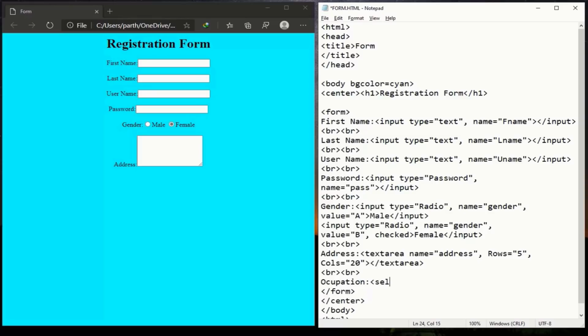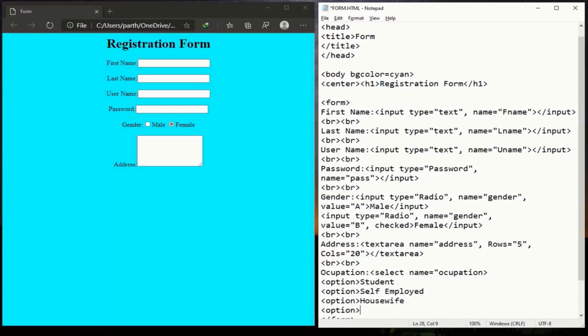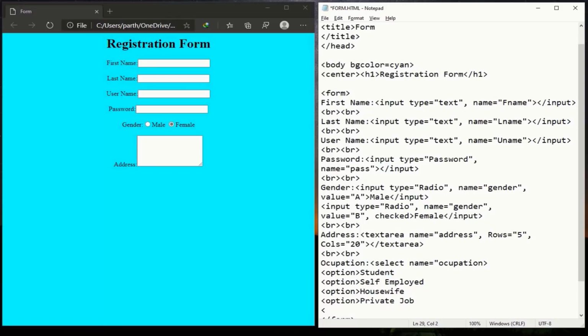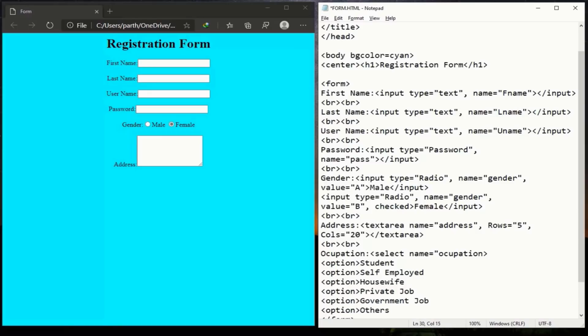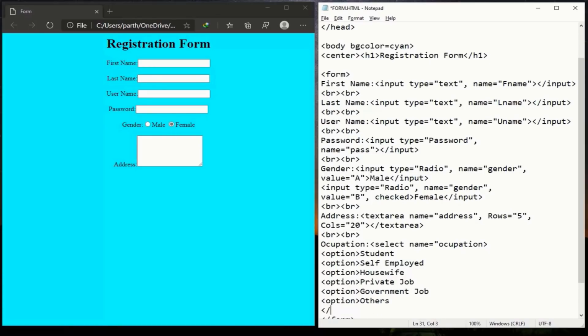To do it, start the select tag, then use the name attribute and give a value and close the angular bracket. After that, start the option tag, and after that write the name you want to add to that drop down list. Use the option element until your list is over. The select element is like the UL and OL element, where you start defining a list, and the option element is like the LI element, where you define the list items. After the list is over, close the select tag.